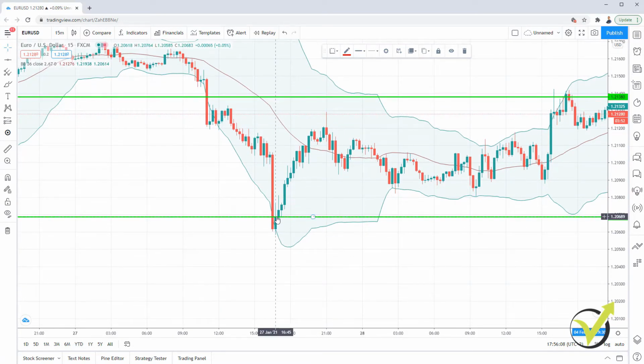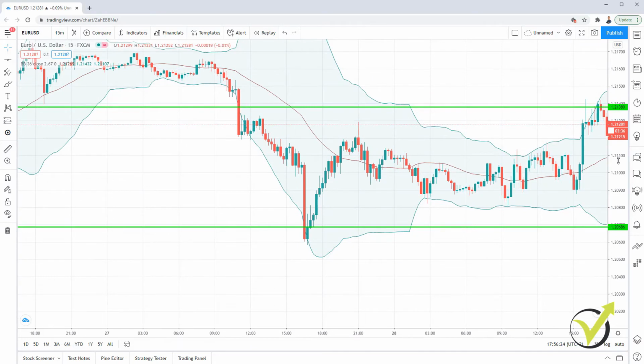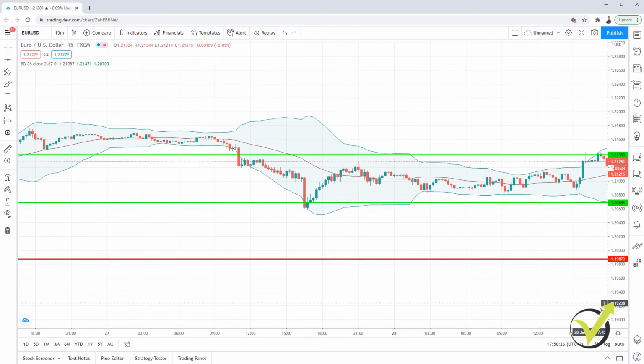But you can see what happens. We buy, and here the price goes towards the take profit, doesn't reach it, goes sideways, and here is the take profit. Now if I continue that, you will see that we have profitable trades and we have losing trades. And you might wonder, how come this strategy will be profitable if we have a slightly bigger stop loss compared to the take profit?